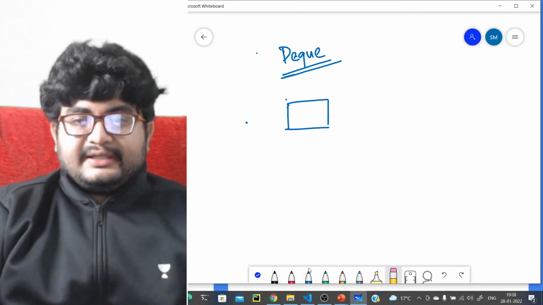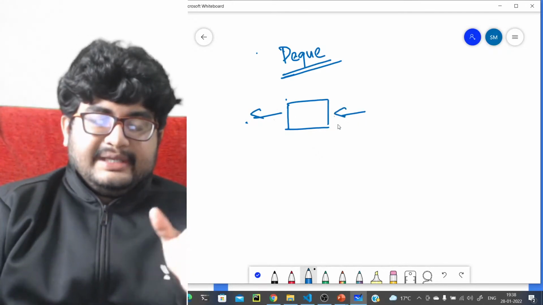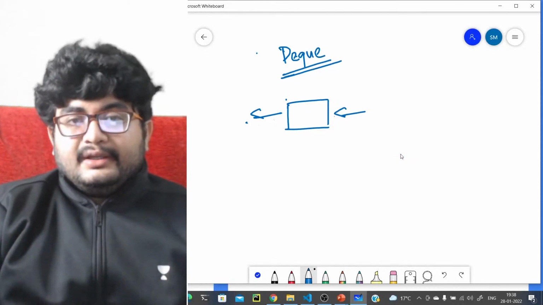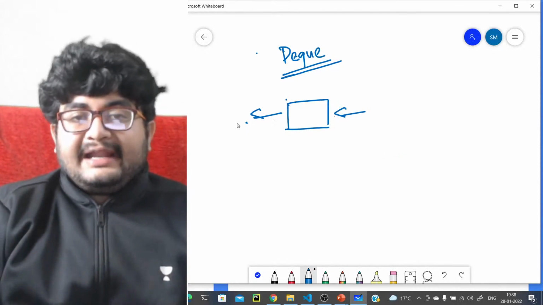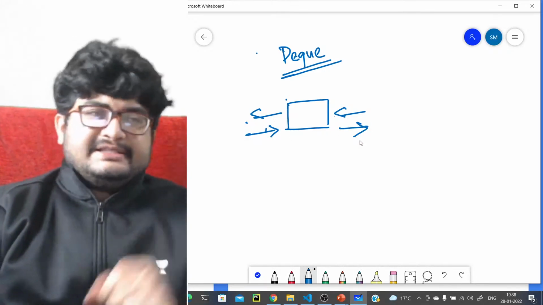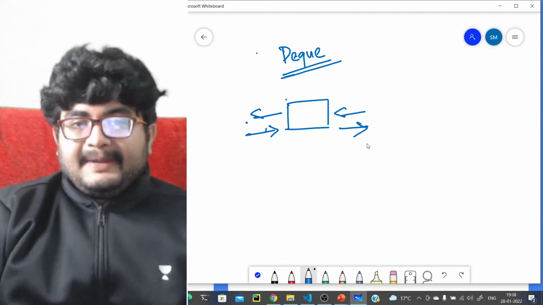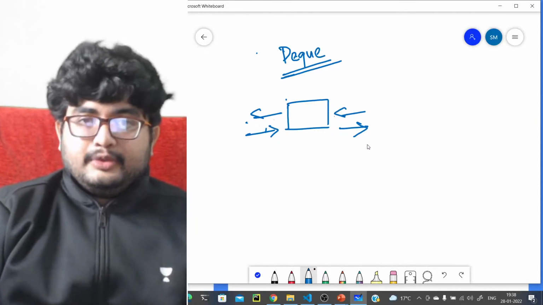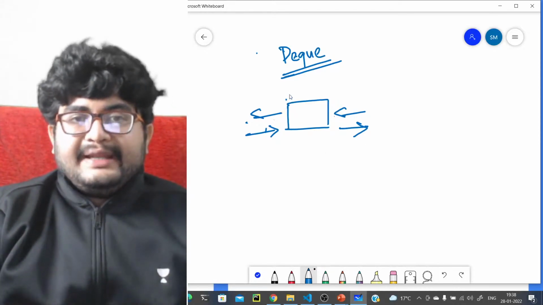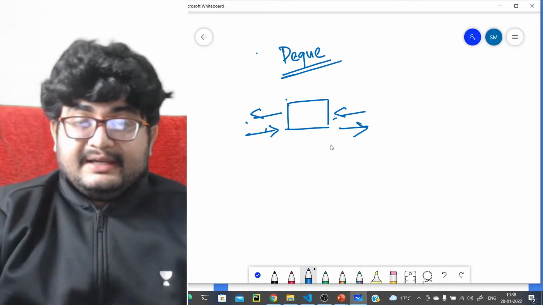But we have something called a DQ, in which we can insert from both ends and remove from both ends. We can insert at front, remove from front, insert at back, remove from back. That's why it is called a double-ended queue. It's a queue from this side as well as from this side, so that's why the name is given.